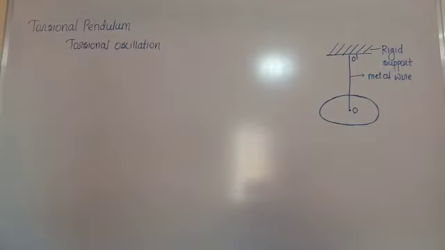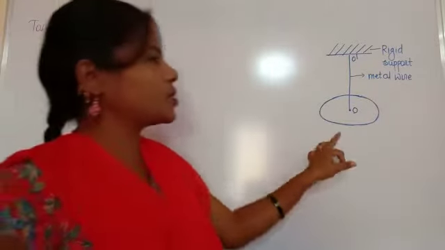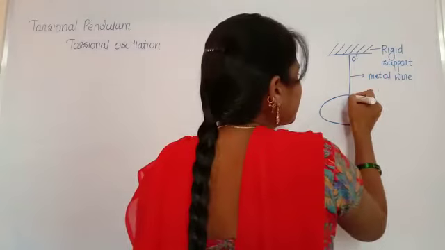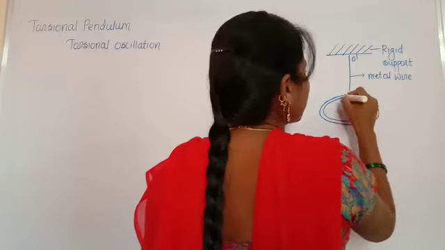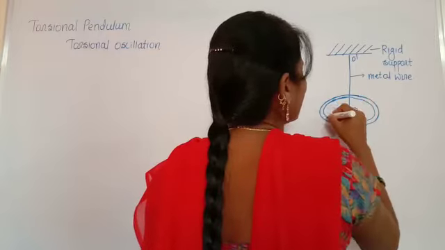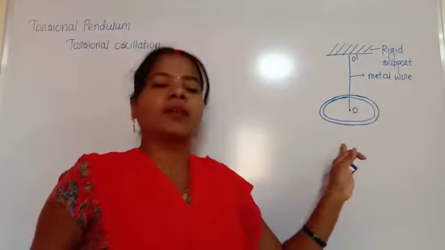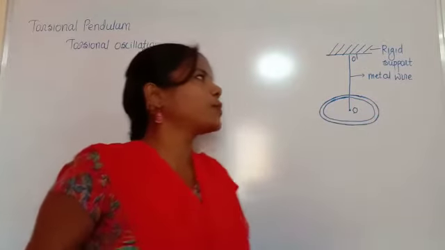When we apply an external torque to the disc about the axis O dash, the disc is rotated through a small angle, and after that the disc performs an oscillation about the axis O dash. This oscillation is known as the torsional oscillation, because this is a torsional pendulum. About the disc there is a ring-like structure. This is our practical, one of the experiments.